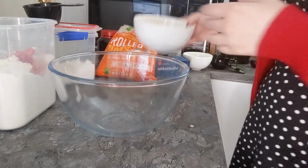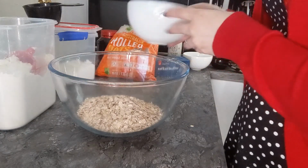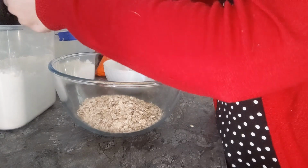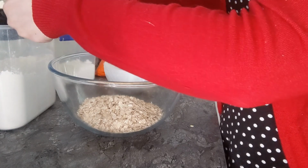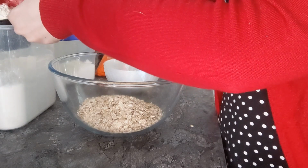So the first thing we're going to want to do is combine all of the dry ingredients together. So that's the oats, the flour, and the sugar. You want to start off by adding 2 level cups of rolled oats and 1 cup of regular all-purpose plain flour. So one trick when you are baking and dealing with flour is you never want to just dip the measuring cup in there, because you could end up with huge air pockets at the bottom and it doesn't measure